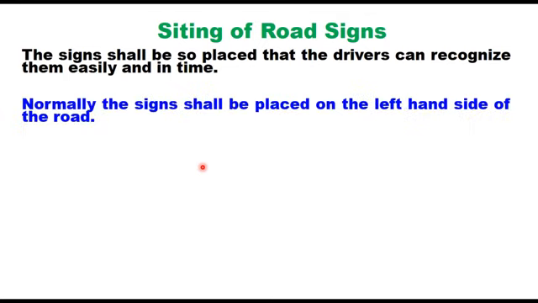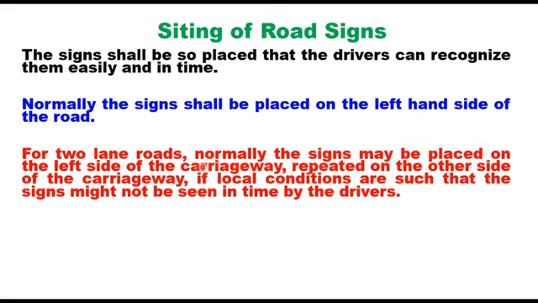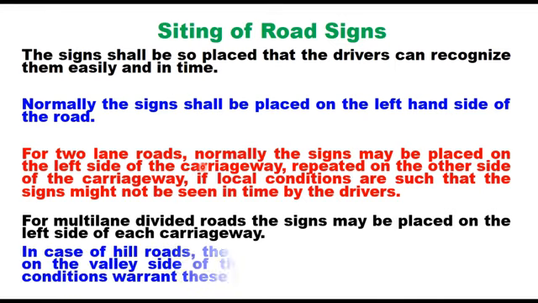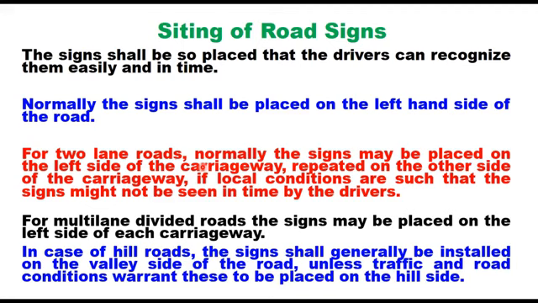Normally, the sign shall be placed on the left-hand side of the carriageway, and for two-lane roads, normally the signs may be placed on the left side of the carriageway, repeated on the other side of the carriageway if local conditions are such that the signs may not be seen in time by the drivers. For multi-lane highways, the signs are placed on the left side of each carriageway, and for hill roads, the sign shall generally be installed on the valley side of the road unless traffic and road conditions warrant these to be